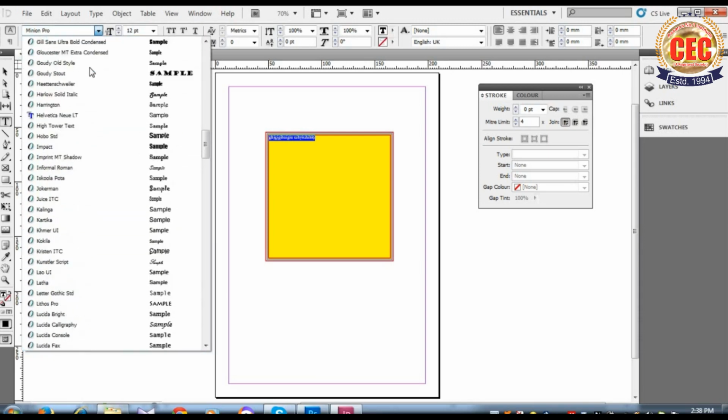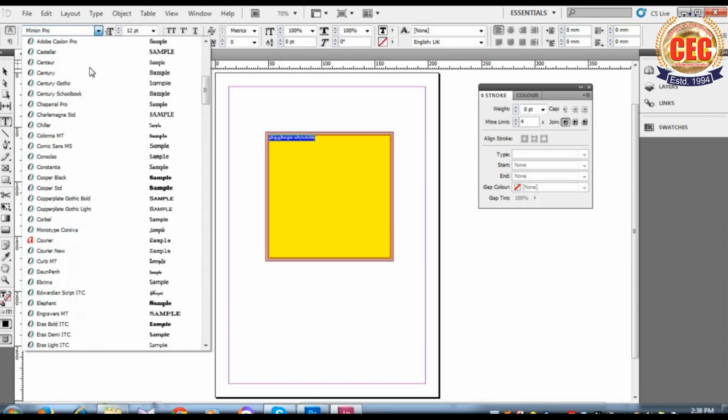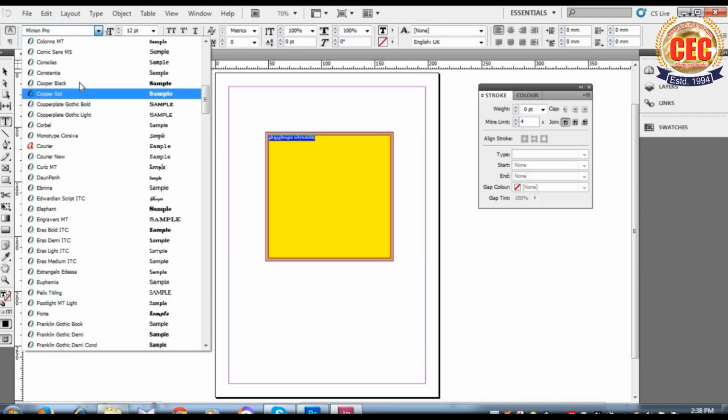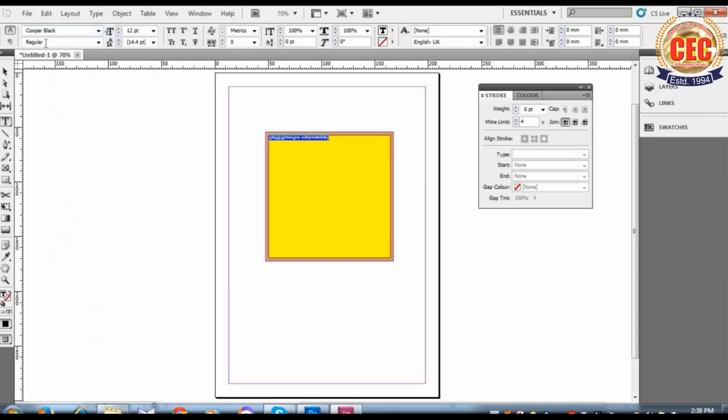Now first of all I am going to change the font style. There is the list here where different fonts are given. Which one you want to give to your text, select that option. Then I am changing the font size. Here it is by default 12 point. Now if I want to make it smaller, then I will select a bit smaller size, or if I want to make it larger, then select a big size from here. I have selected 48 point and we can see the font size has been changed.